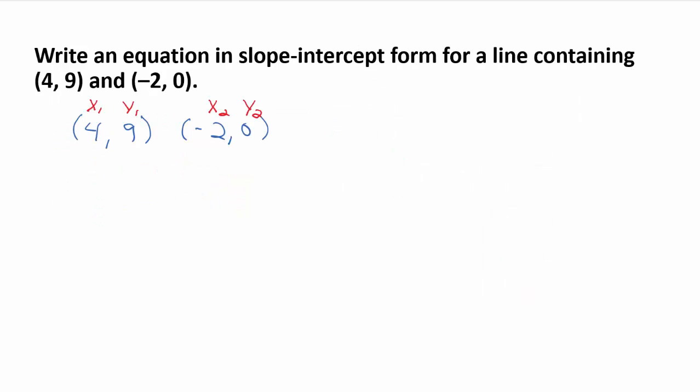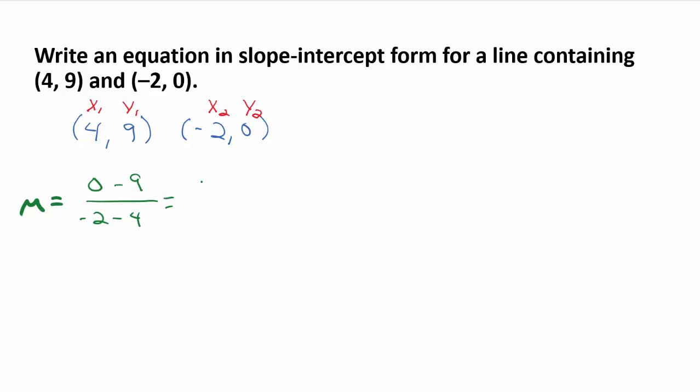Now we're going to write an equation in slope-intercept form for a line containing the points 4, 9, and negative 2, 0. I've taken the liberty of writing these out and labeling them x1, y1, x2, and y2. Why? Because we need to find the slope first. They didn't give us the slope, so we need to find it. Using our slope formula, m equals y2, 0, minus y1, 9,